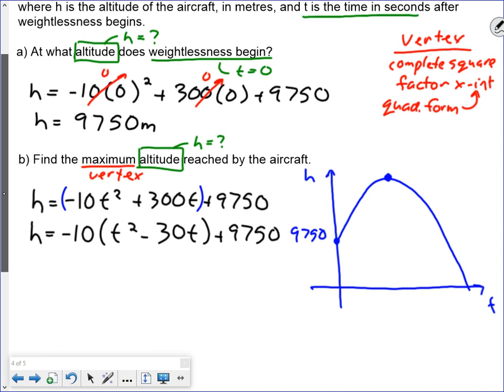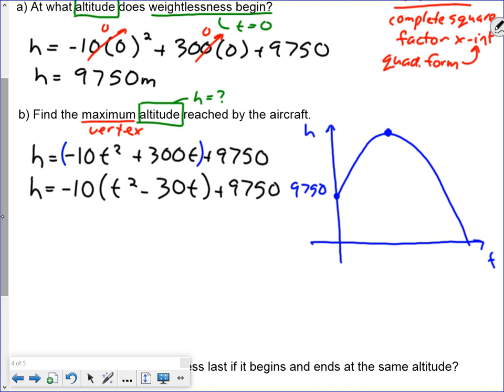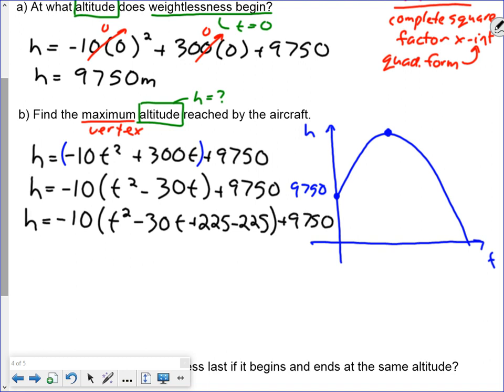Now we have to take that t squared minus 30 t and we want to turn it into a perfect square trinomial. So we are going to take our 30 divided by 2 to get 15, square it, and that's going to be the number that we have to add on or subtract off inside our brackets. So that's 225. Plus 9750. Then we know that these three terms here are going to factor to be our perfect square trinomial. Negative 10 times t, not plus, but minus 15